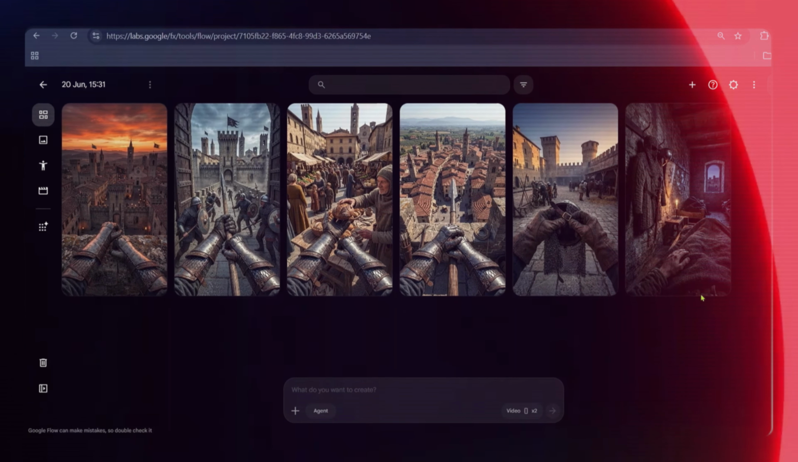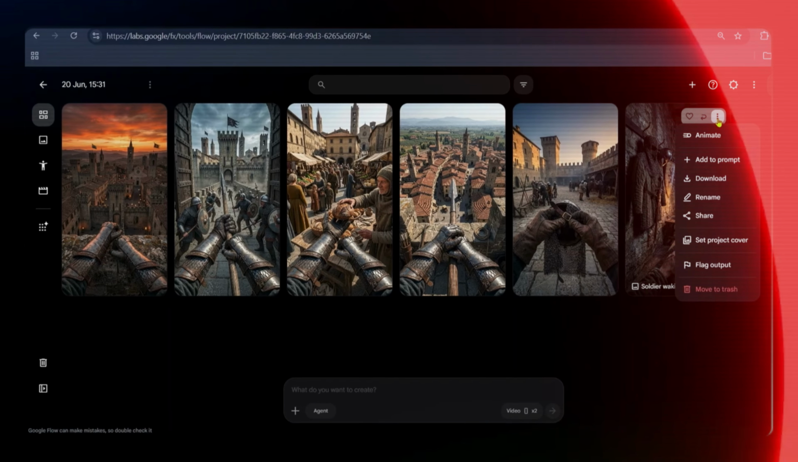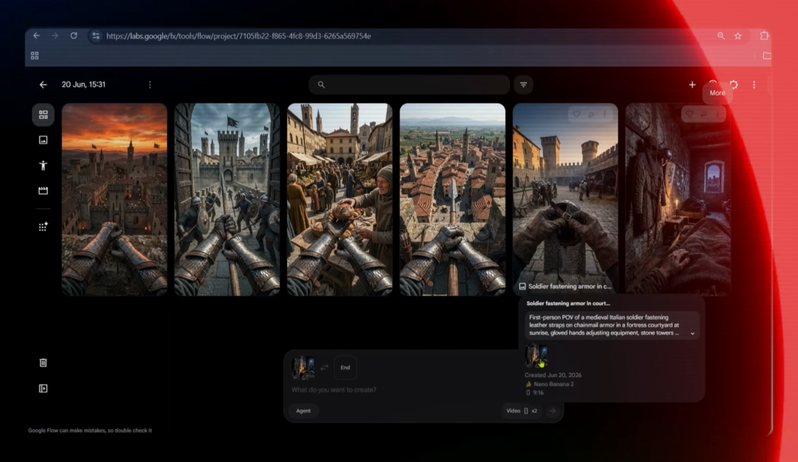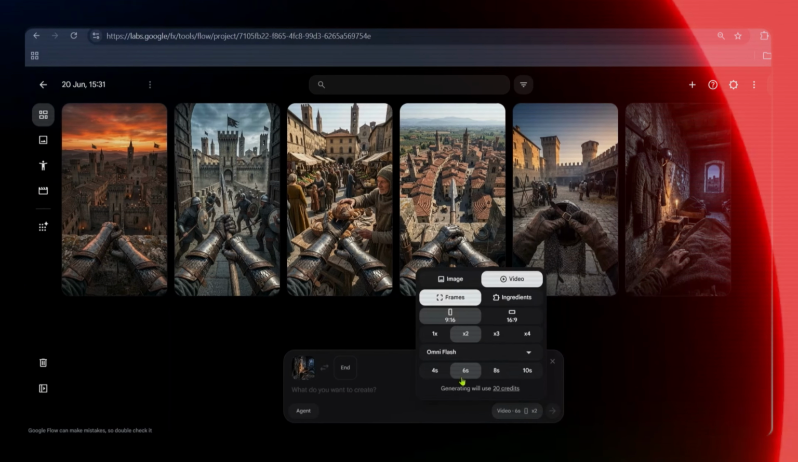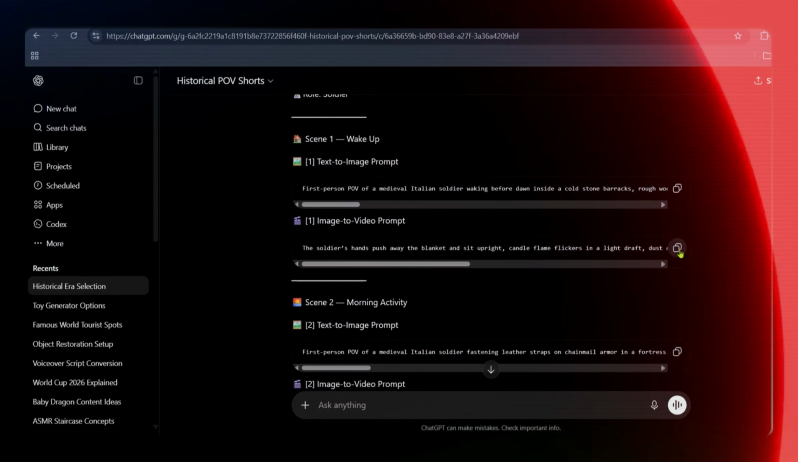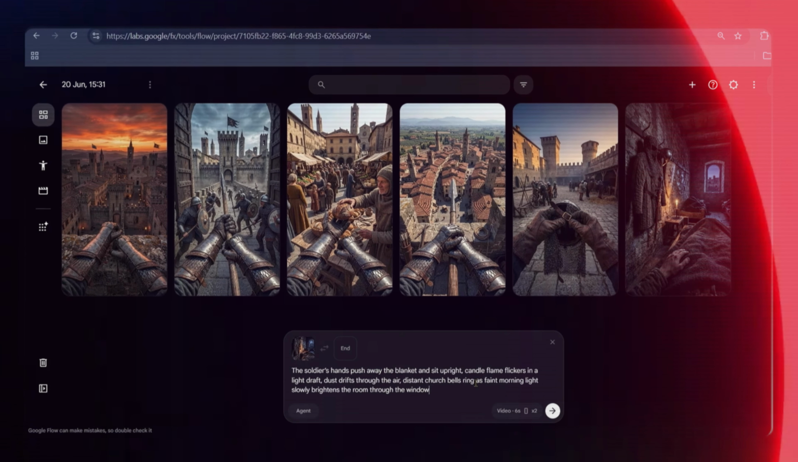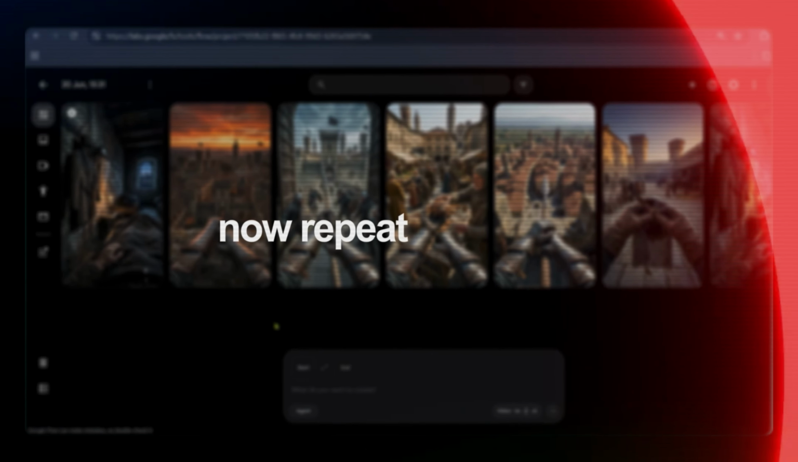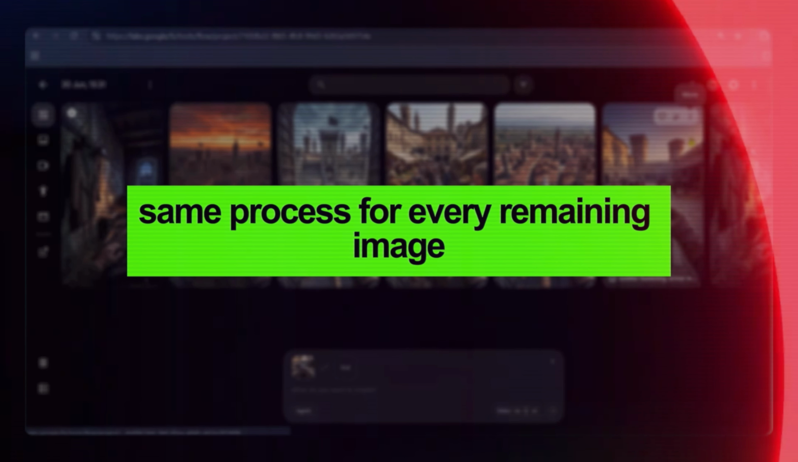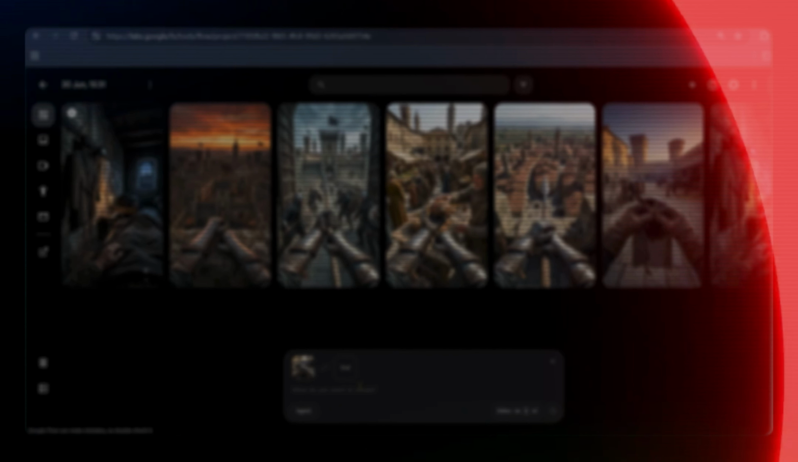Click on your very first image, hit the 3 dots, and select Animate. Choose OmniFlash as your video model and set your desired timing and number of outputs. Copy the video prompt for Scene 1 from ChatGPT and paste it directly in. Hit Generate and your first video scene will be ready in just a few seconds. Now, repeat this exact same process for every remaining image until all of your scenes have been converted into fully